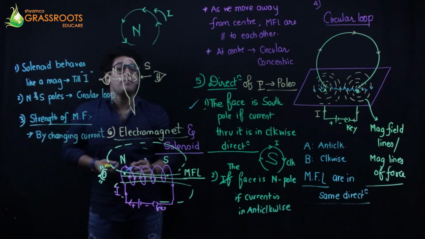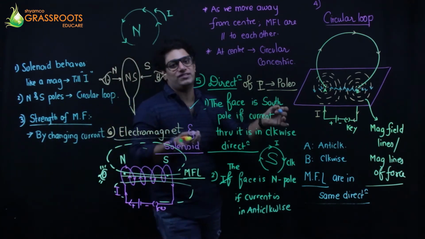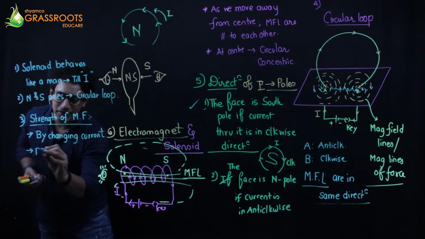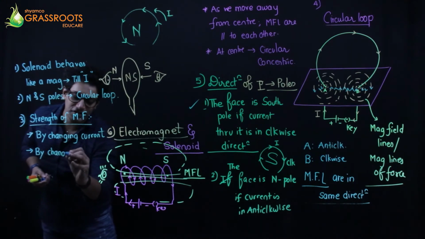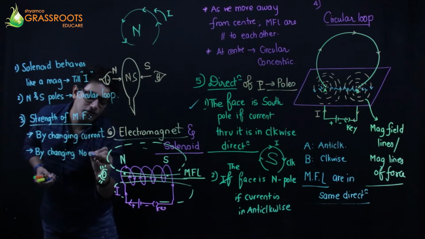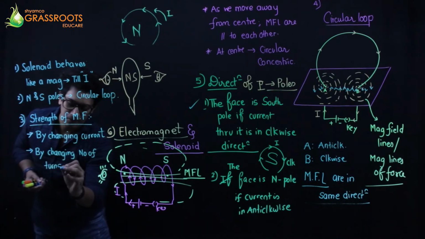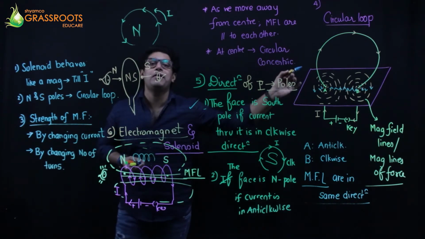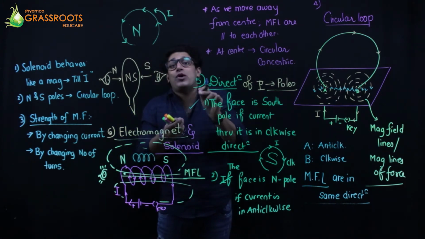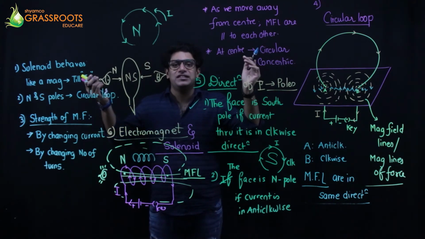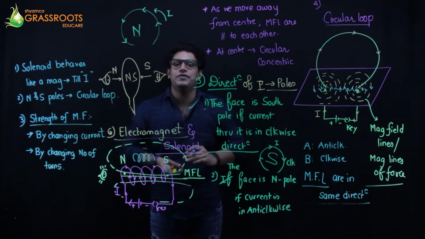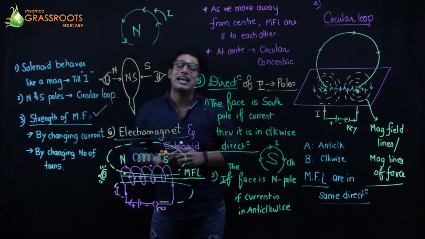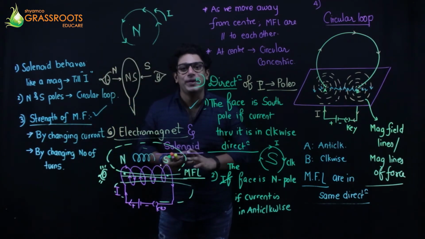You can change the strength of the magnetic field, increase or decrease. More current, more is the field strength. Less current, less is the field strength. And second is by changing the turnings, number of turns. By changing the number of turns, ये जो turns है ना ये वाले, if you increase the number of turnings, if you increase the number of coilings, magnetic field strength will increase. If you decrease the number of coilings, magnetic field strength will decrease. It's as simple as that. So the magnetic field strength can be changed by these two options or two ways.